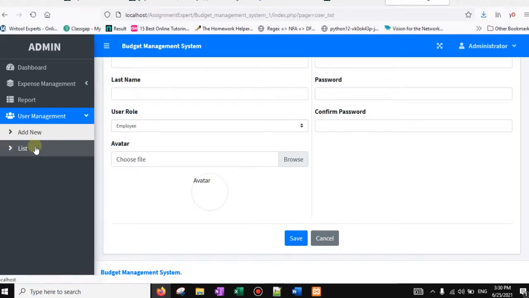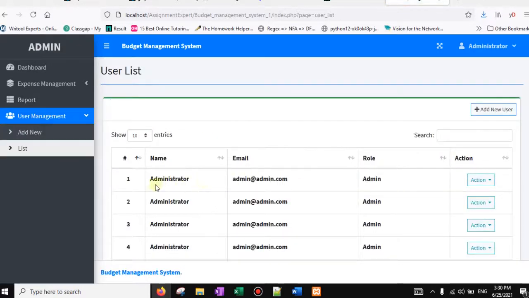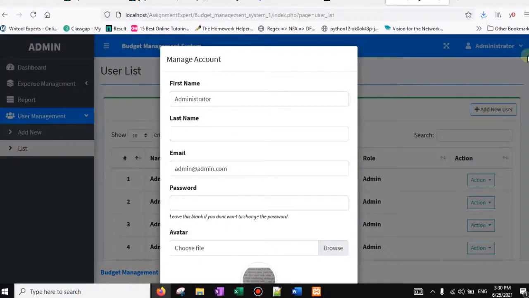And this is the list of users: administrator, admin@admin.com. From here we can upload, delete, view, means all the required operations we can perform from here. This is the manage account, from where we can update our information.